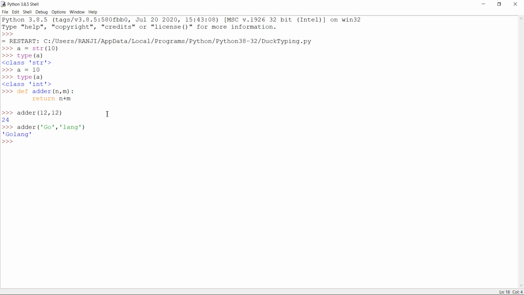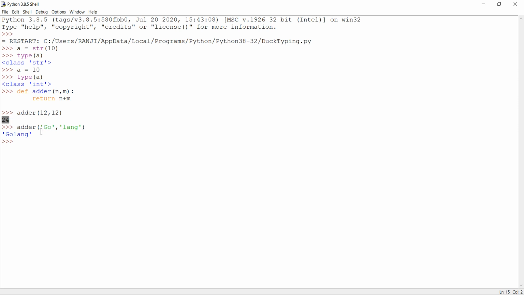See, when we gave the adder function two integers, it identified the types of these two variables, n and m, at runtime. It understood those are of integer types and then it added those two. We did not get a concatenated value. We got an integer value, that is 24, which is the ideal operation that we expect the adder function to do in this case.